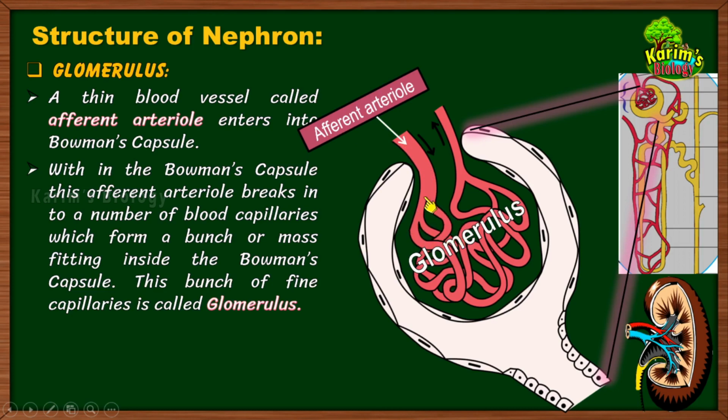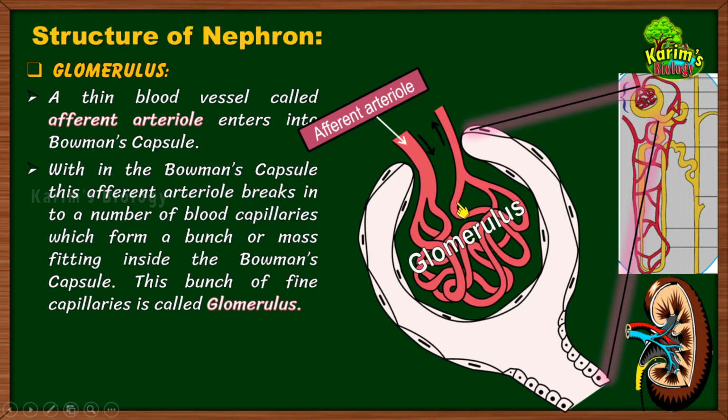This arteriole is breaking up into a number of small capillaries. Okay, and these small capillaries divided from the afferent arteriole are filling up this Bowman's capsule, forming a network of capillaries in the form of a tuft or a bunch of capillaries. So this bunch of capillaries is called